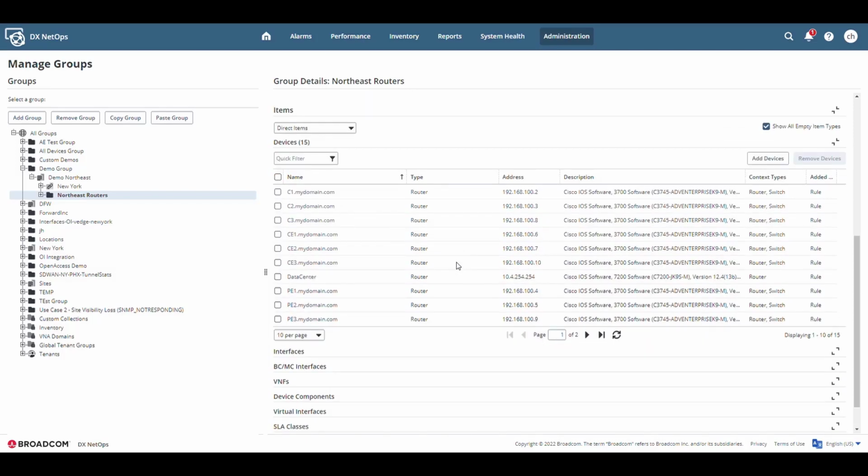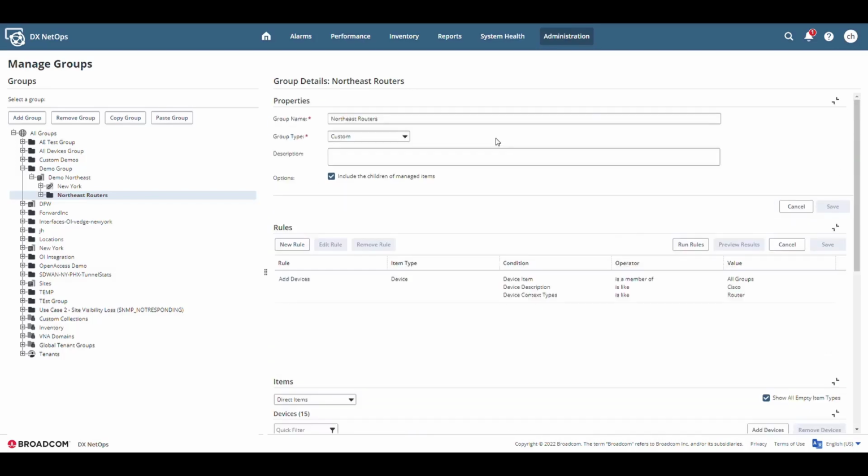Another quality of groups that you'll see here is the include children of managed items. By default, this option is selected. And what this means is that this group also includes all of the children of these devices from a data model perspective. So interfaces and device components like memory, CPU, temperature sensors, real-time tests, all of that gets included in